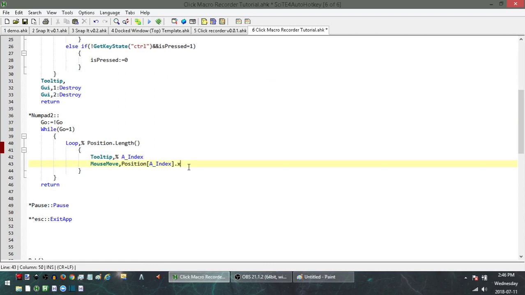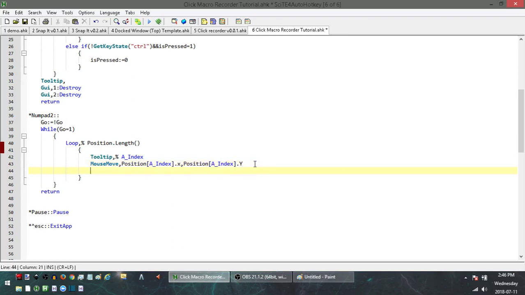Dot x and position a index dot y. Go ahead and move to that position. And